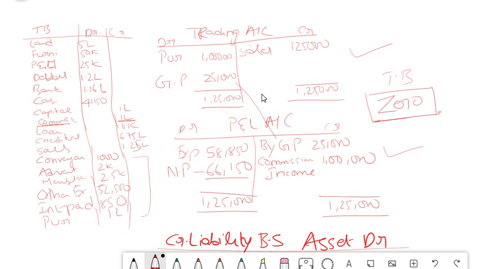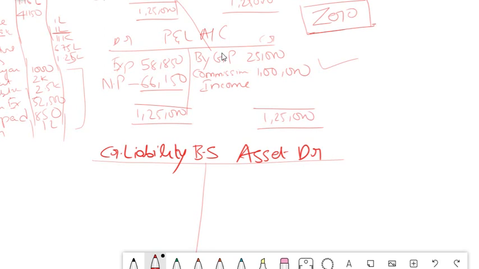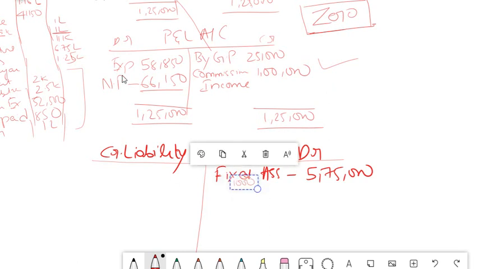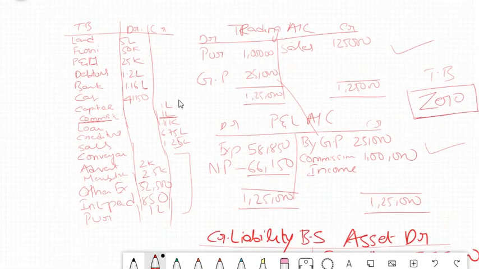So totaling this, it comes to around 5.75 lakhs. So I'm straight away putting one amount here. I'm calling it as fixed assets. For now you can just consider it like that, and the amount is 5,75,000. And if there are any other assets, we will just check if there are any other assets.